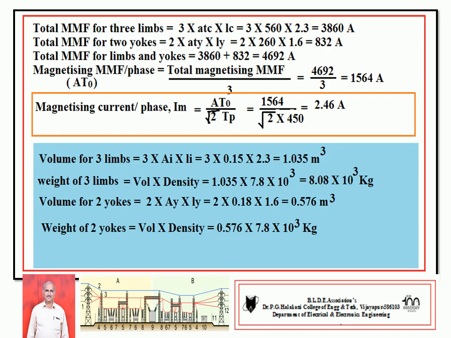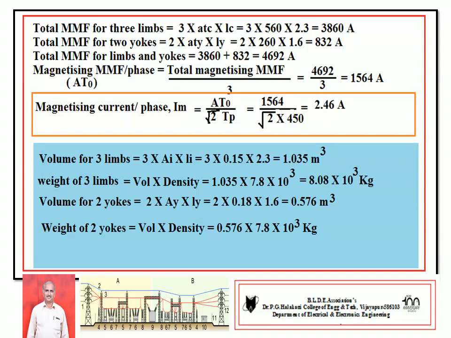Then after noting the ETC and ETY values, now you come for the next calculation, total MMF for 3 limbs. Given core type transformer is 3 phase, therefore we are having 3 limbs, hence total MMF for 3 limbs is 3 ATC times LC, where ATC is MMF per meter of core and LC is length of flux path in core,